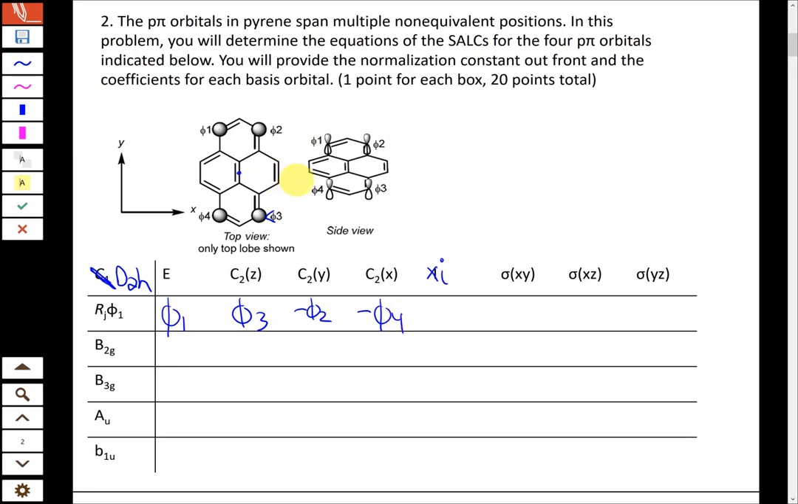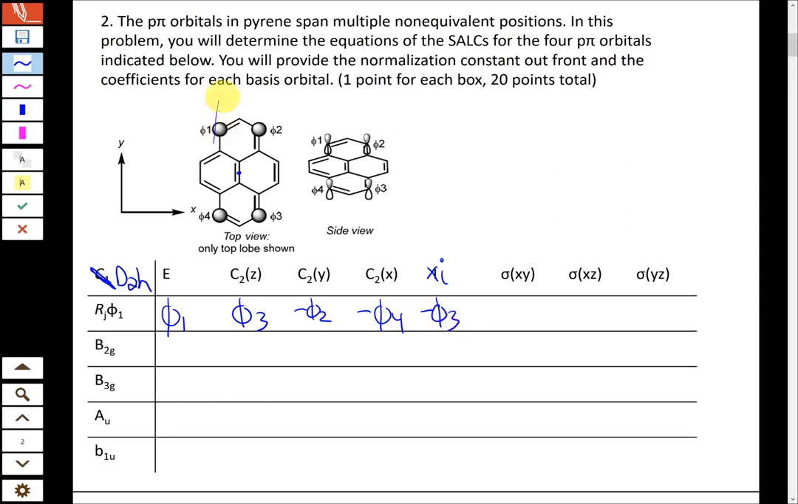For the inversion operation, phi 1 inverts onto phi 3, but again, we're inverting through the plane, so we're going to change the sign as well. Remember, the inversion operation changes the signs of all 3 coordinates. So phi 1 inverts onto phi 3 and changes its sign, so we're going to get a negative phi 3 there. For sigma xy,